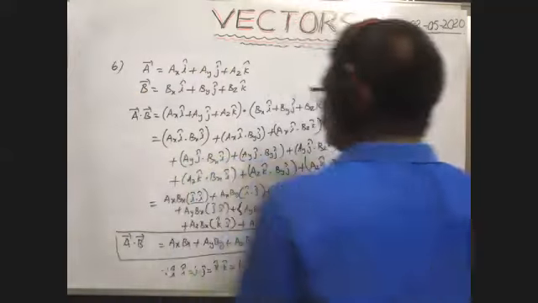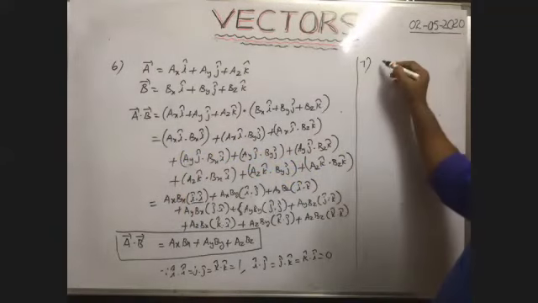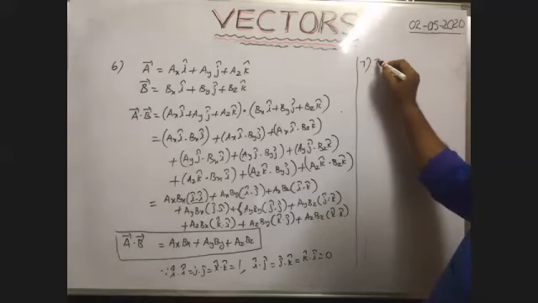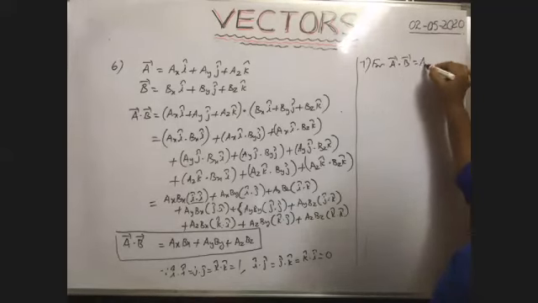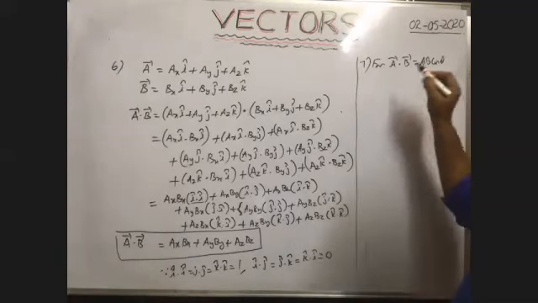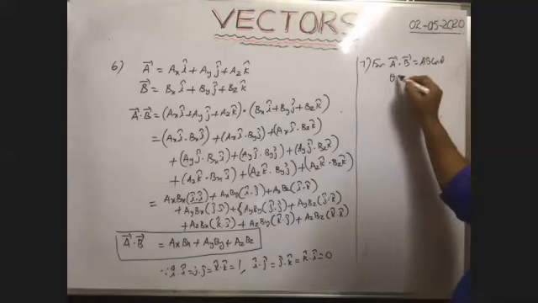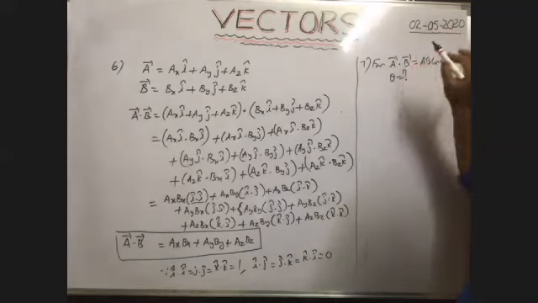Okay, suppose sometimes we will be given a bar and b bar in vector form. From a bar dot b bar is equal to ab cos theta. We are given a bar and b bar, both in vector form. They ask us to find the angle between the two vectors. You are given a bar and b bar in vector form.